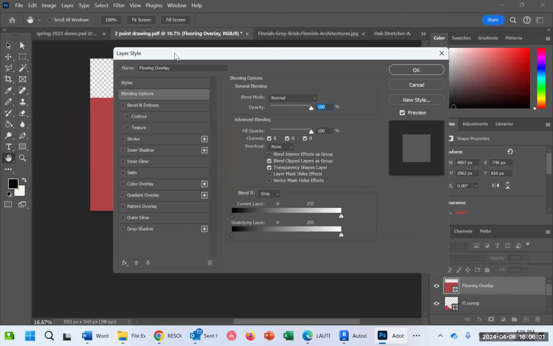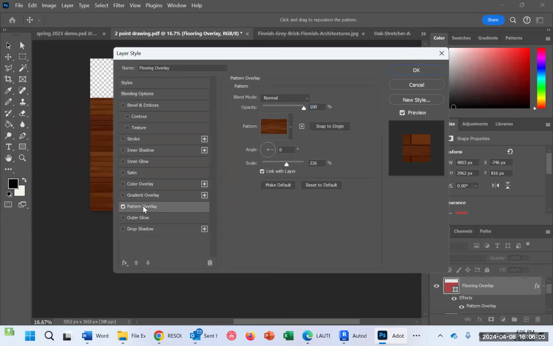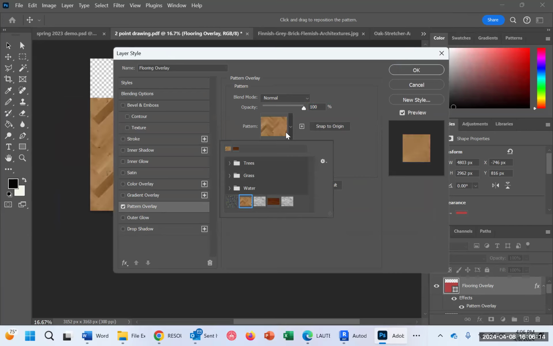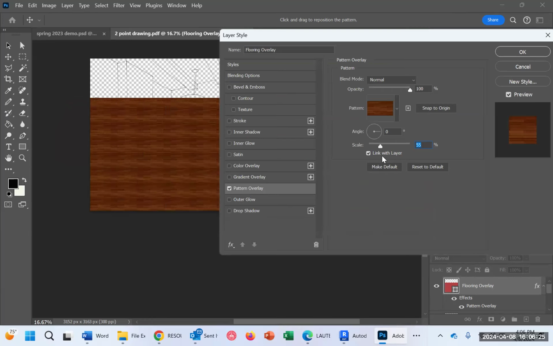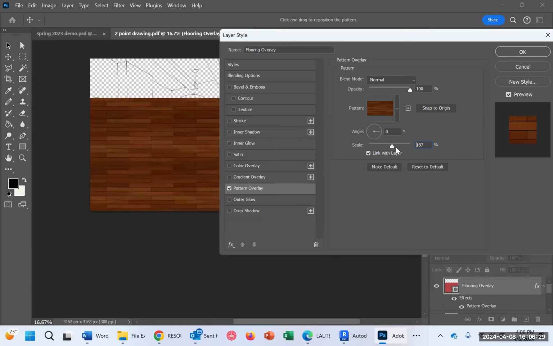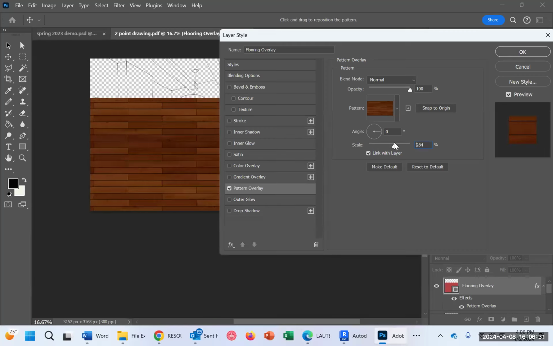Okay. And then once you get the blending option, click on pattern overlay. Once you get the pattern overlay, you need to select the pattern you have chosen for your flooring. Okay, and then see the scale. If it's really tiny, you will work with the scale as per the drawing. Make sure you have nice and big